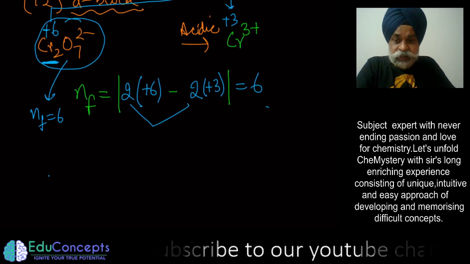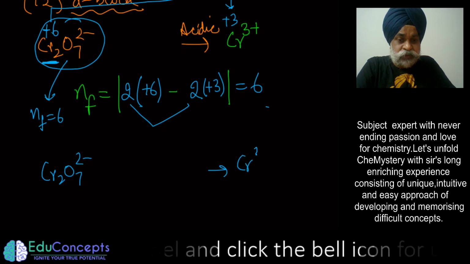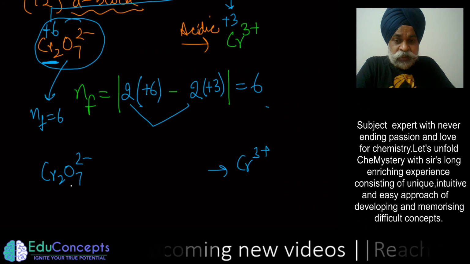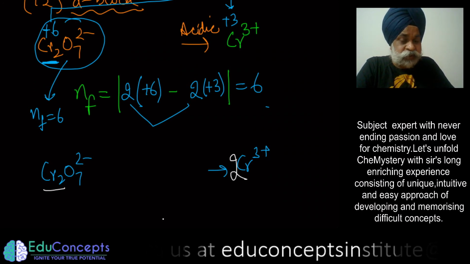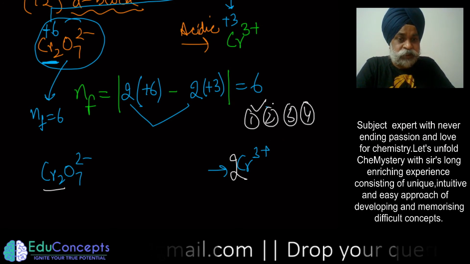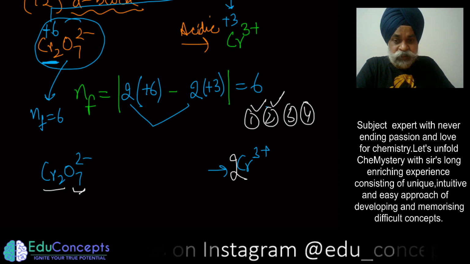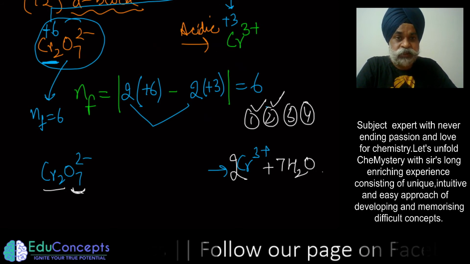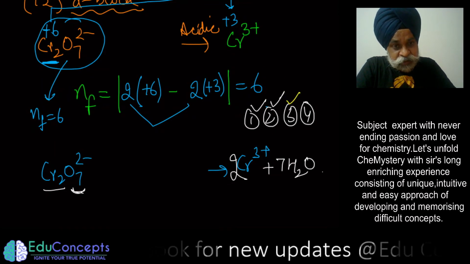Another way is that you simply have to do the balancing part. So if you are interested to do the balancing part, you have to simply, first, rule number 1, leaving aside oxygen and hydrogen, so there are 2 chromiums, you put 2 chromium here. Now the first point is done. Second point was you have to add water to the side deficient in oxygen, so you have 7 oxygen, so you just place 7 water molecules here. So once 7 water molecules have been added, you have to do the balancing of hydrogen atoms.